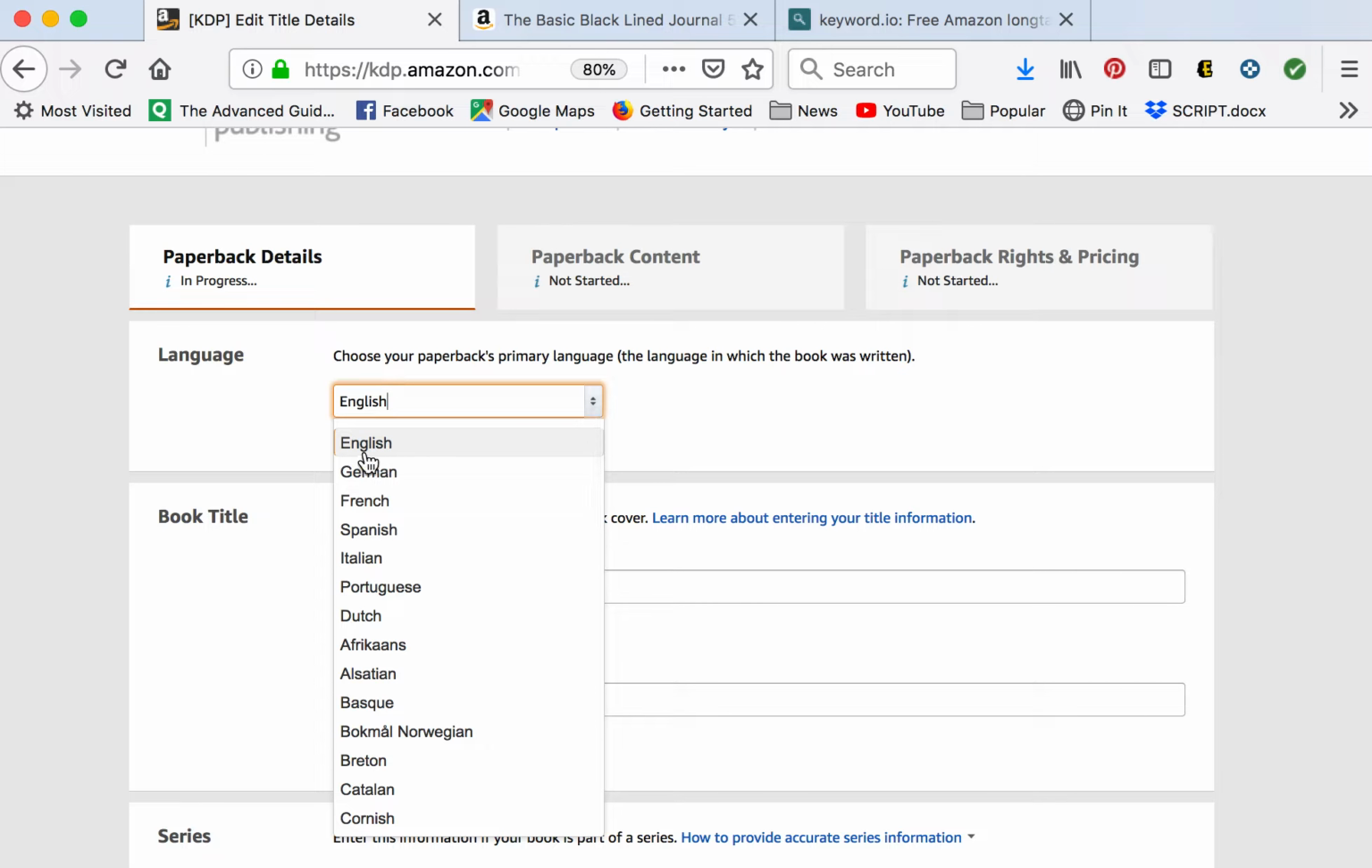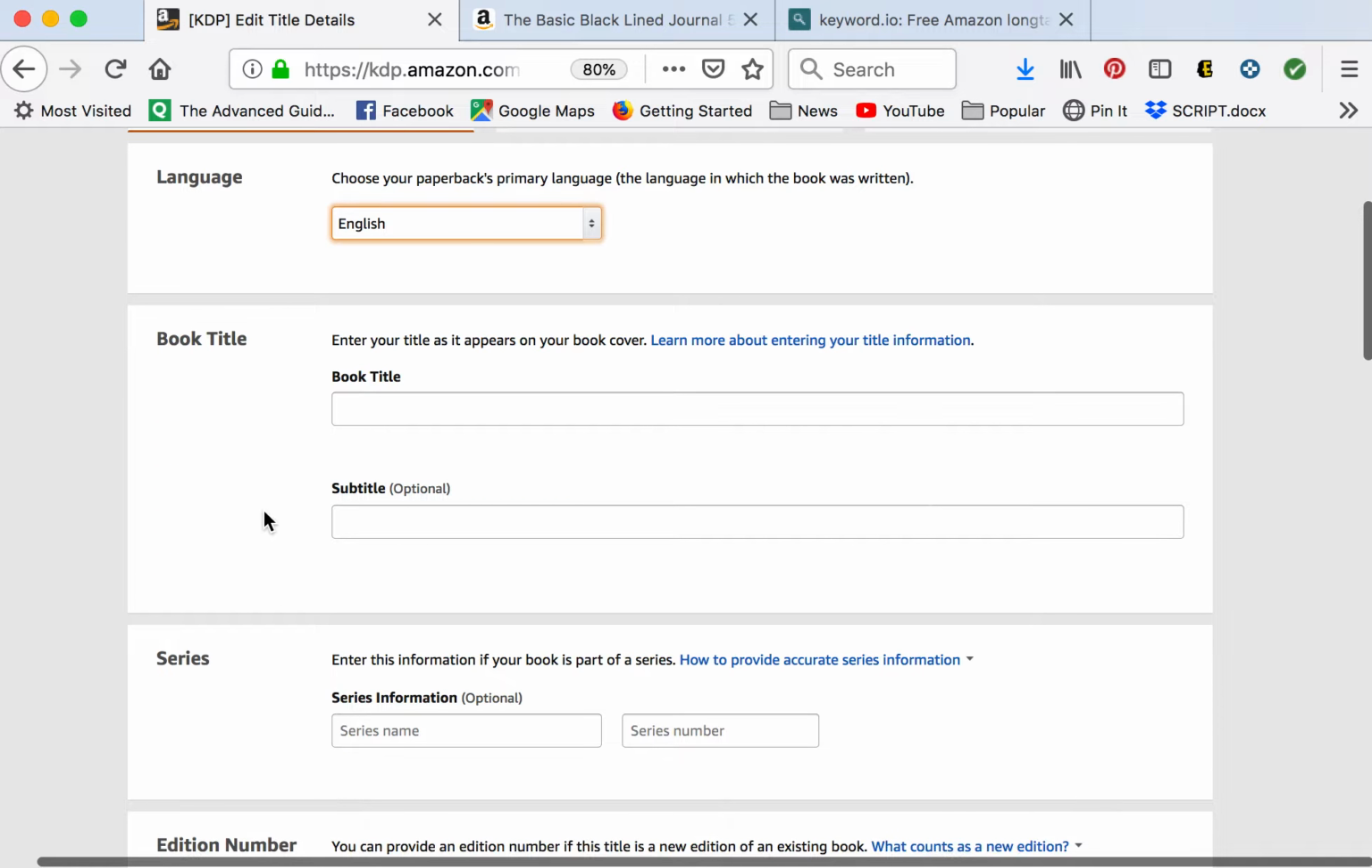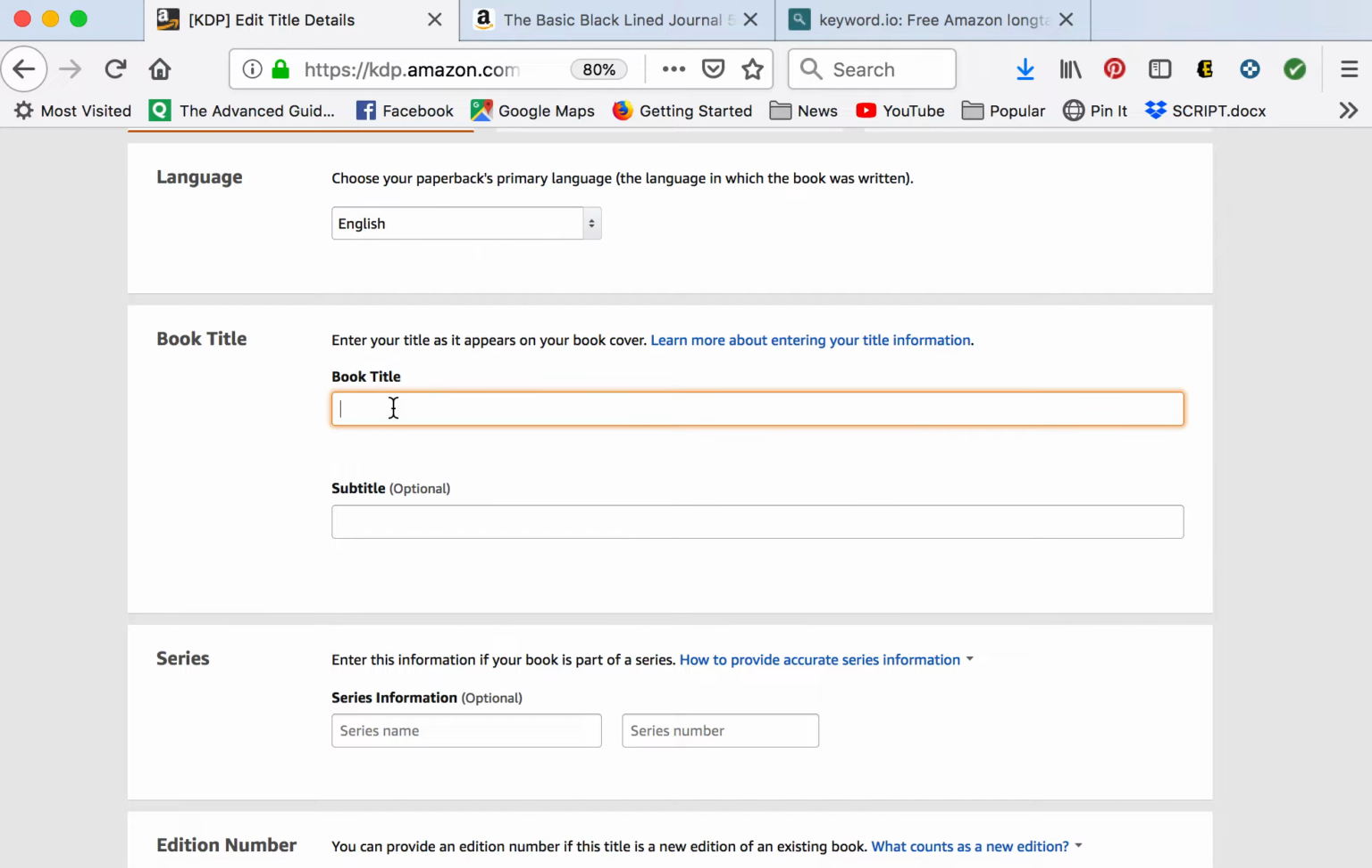First thing you're going to do is determine your language. Now, I recommend English unless the book you're publishing is in a different language. I've never done that, to be honest, so I just do English books. Book title. You're going to put your main keyword or key phrase here